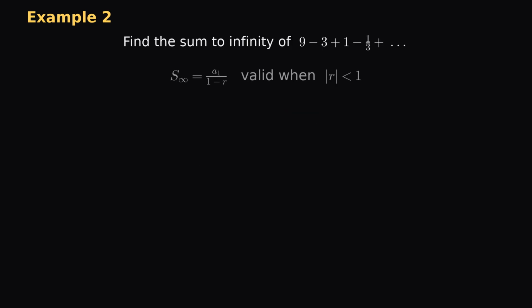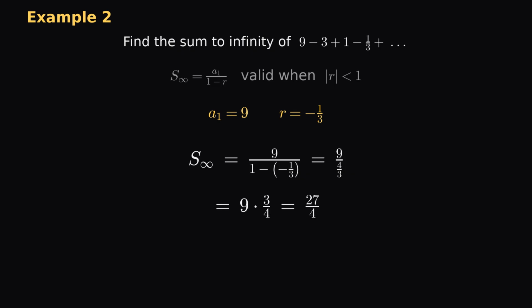Example 2. Find the sum to infinity of 9 minus 3 plus 1 minus a third, and so on. -3 over 9 is -1/3, so r is -1/3. Now the absolute value of -1/3 is a third, which is less than 1, so this one converges too. 9 over 1 minus -1/3. 1 minus -1/3 is 1 plus a third, which is 4/3. 9 divided by 4/3 is 9 times 3/4. That's 27 over 4,